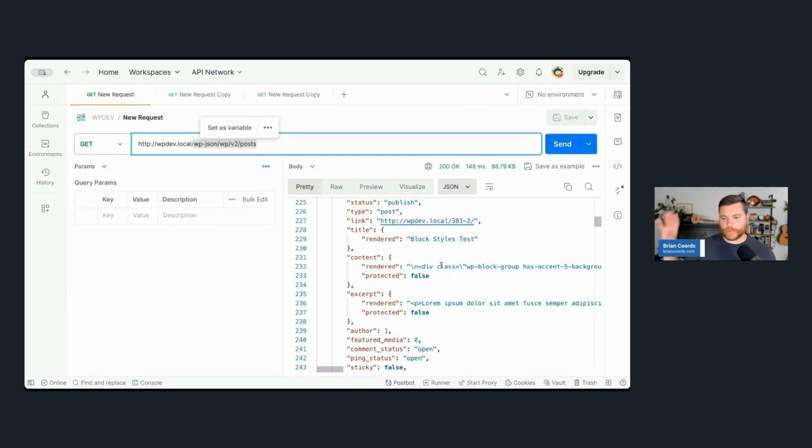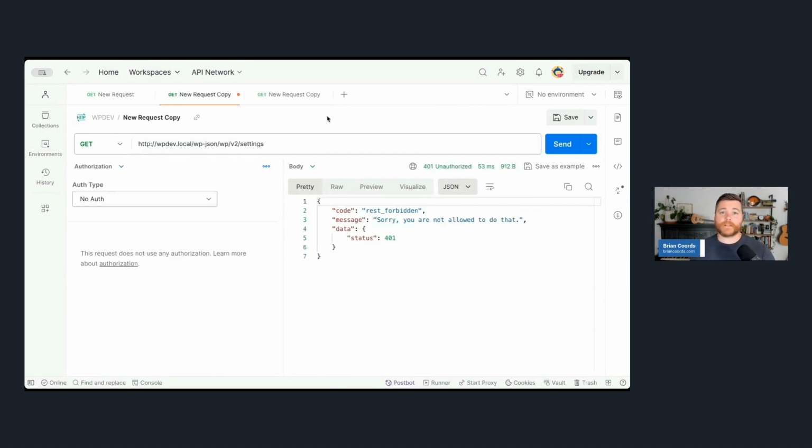And it's the same as if you were to scrape it off the site or if you were to get it through an RSS feed. But there are some endpoints that are private. So, for example, there's an endpoint for settings. And if I try to run that, I'm going to get, you're not allowed to do that. So you can't go to any WordPress site and hit its API endpoint to get its settings, but you can